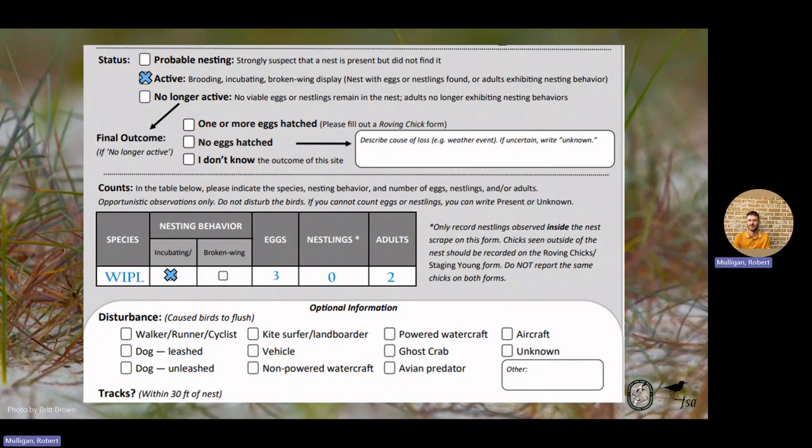In our example shorebird nest form, a breeding pair of Wilson's plovers were observed and one of the adults is in incubating posture. After a few minutes, the incubating adult gets off the nest and 3 eggs and 0 nestlings can be seen inside the nest cup. Record the nest status as active, nesting behavior as incubating, and the counts as 3 eggs, 0 nestlings, and 2